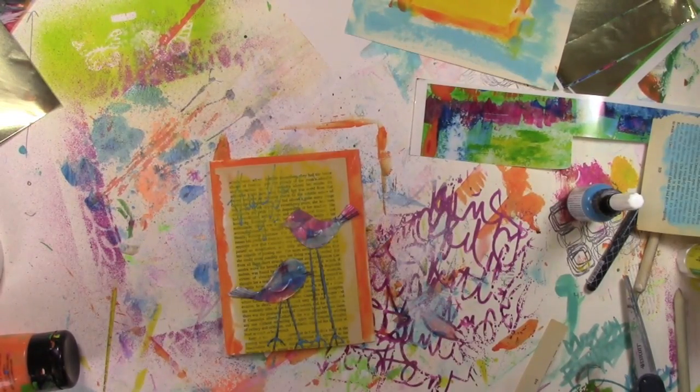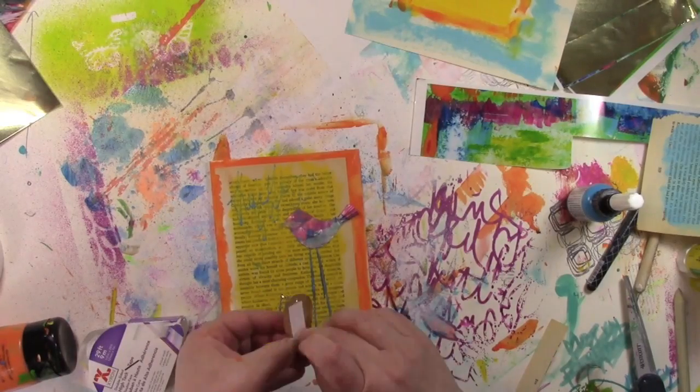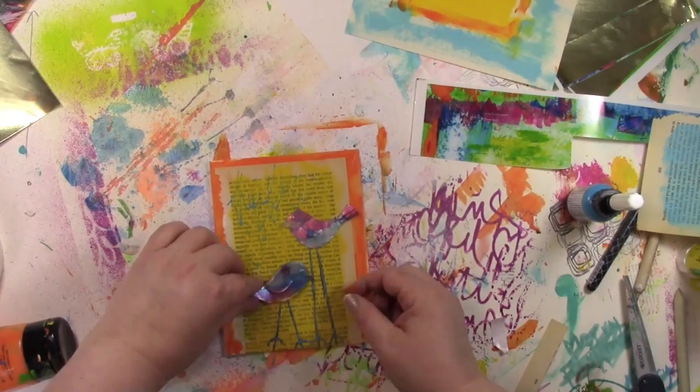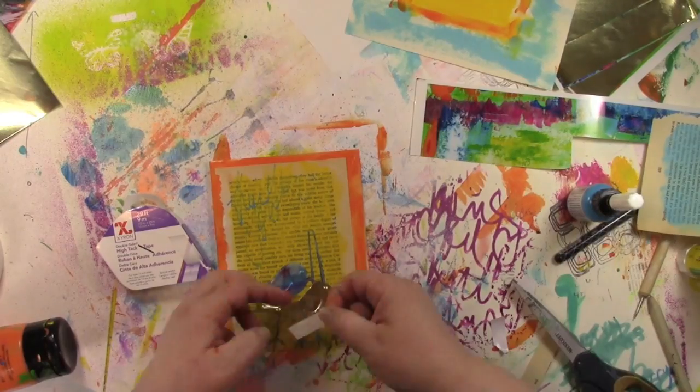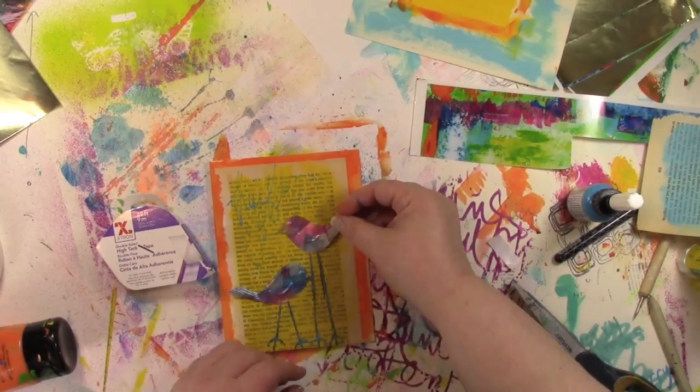I'm going to get those birds taped down with a little bit of the Xyron adhesive, and everything's going just as I envisioned, just as it was planned. And then I stepped away. So here's the card, and I gotta tell you, I made it earlier, I've stepped away for a little bit,